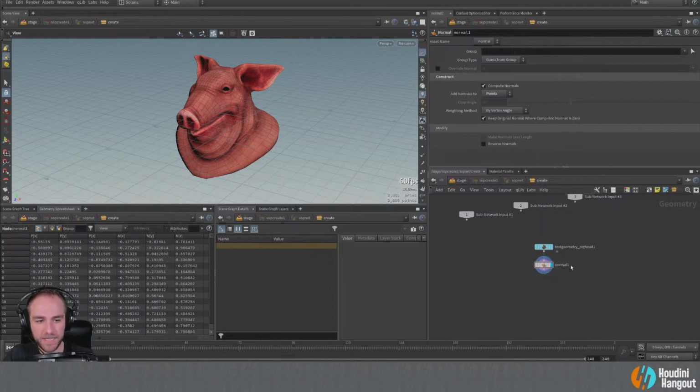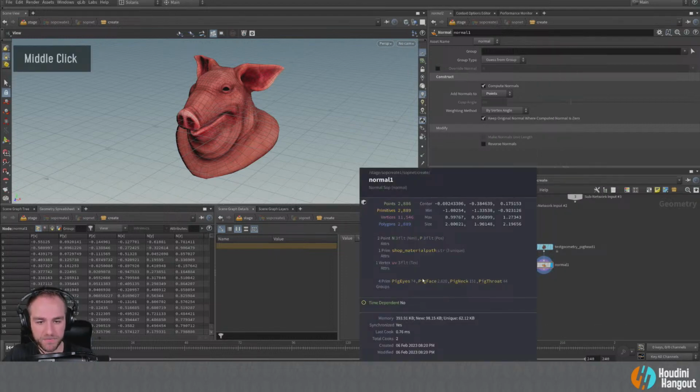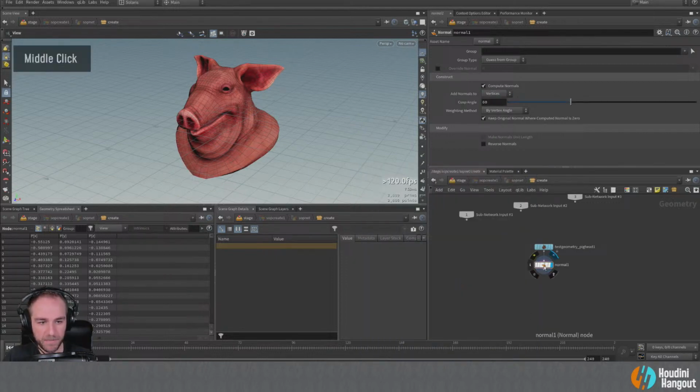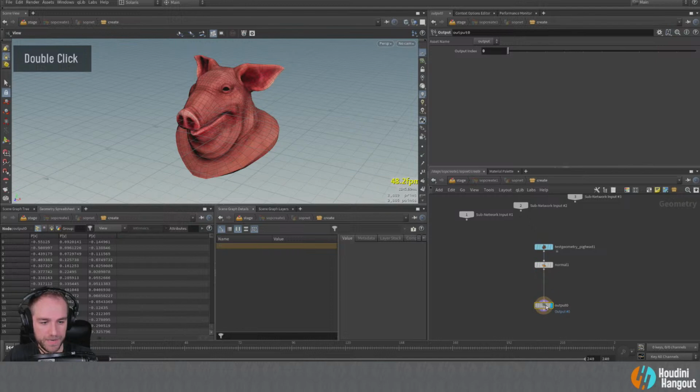I'll leave the groups for now. There's 4 primitive groups on here. I don't really want those. I wouldn't probably want those if I was going to be using this for something, but this will be fine. No problem. Actually, I'm just going to set this back to vertices. Doesn't really matter. Okay, cool. And then we'll just put an output here just to make sure that that geometry is coming out for sure, no matter where the view flag is, right?